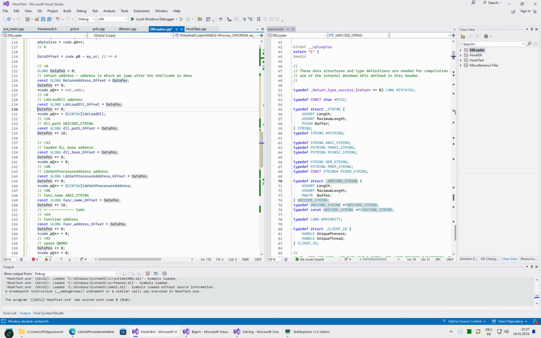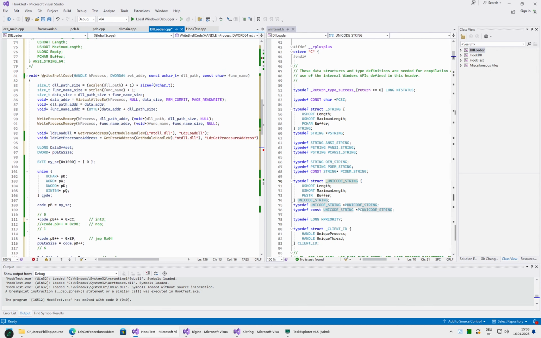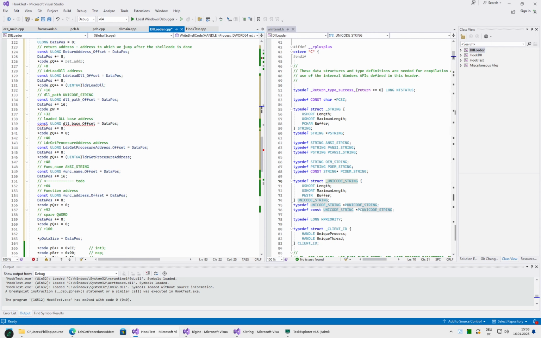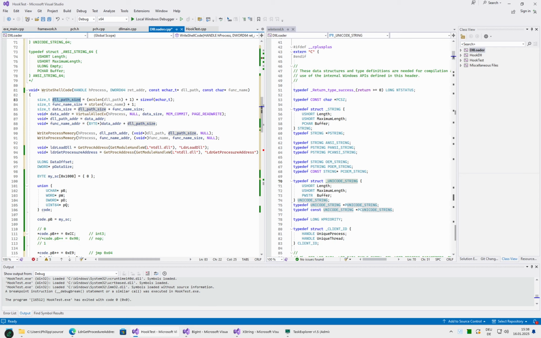So we have here our assembler thingy. So p word, because a short is a word, which will be length in bytes. This is called length, but in fact it's in bytes, not in words. We have here our path size. That's annoying. Okay, let's edit this. So we need this without the +1. So we will scrap the +1 here